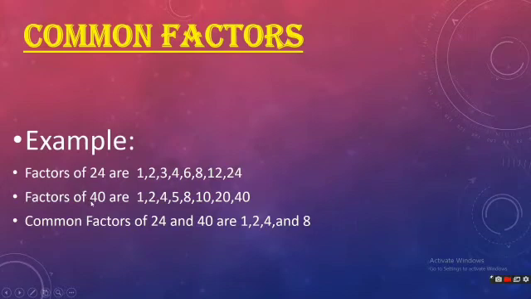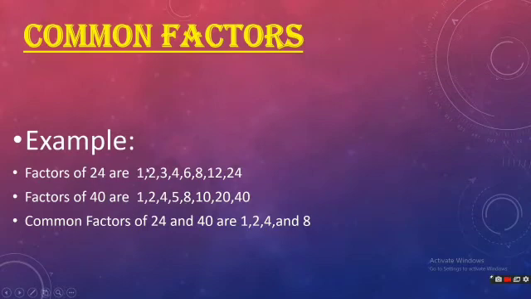Now the 40, again 40 is easy. We can easily find the factors of 40 by tables. So just read out tables from 1 to 10 in your mind. You will get all the factors of 40. See, for example, 1 40 is 40, then 2 20s are 40, then the 3 table, in the 3 table 40 is not coming, so leave it. Then 4, where 4 tens are 40. In this way you will get all the factors of 40 and 24.